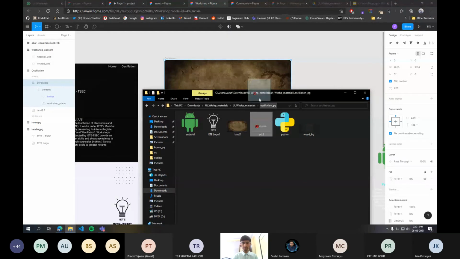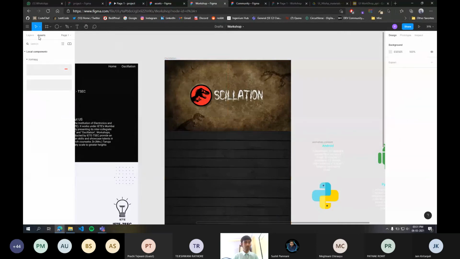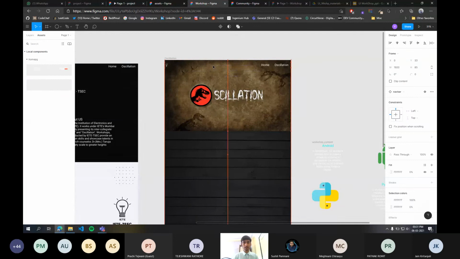Go to files and add the logo. Another thing remaining is our navigation bar. Just drag it.